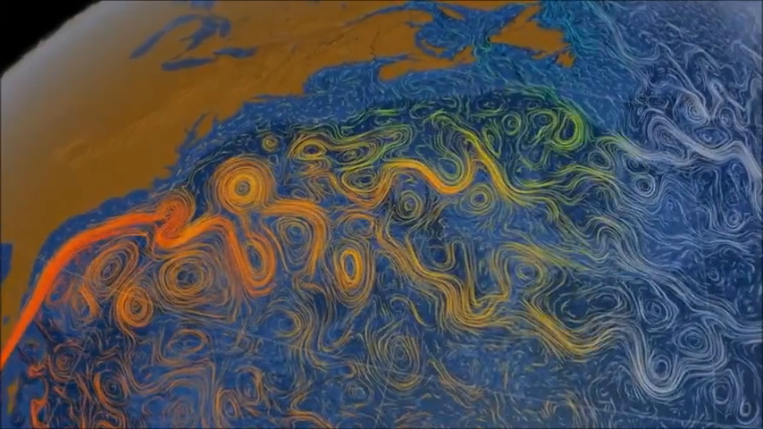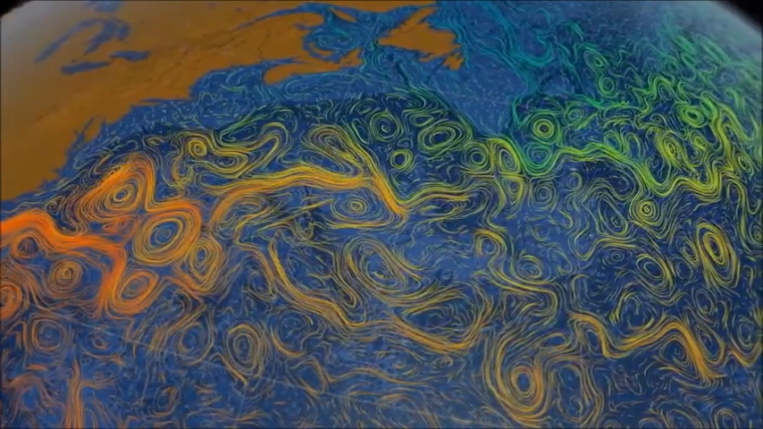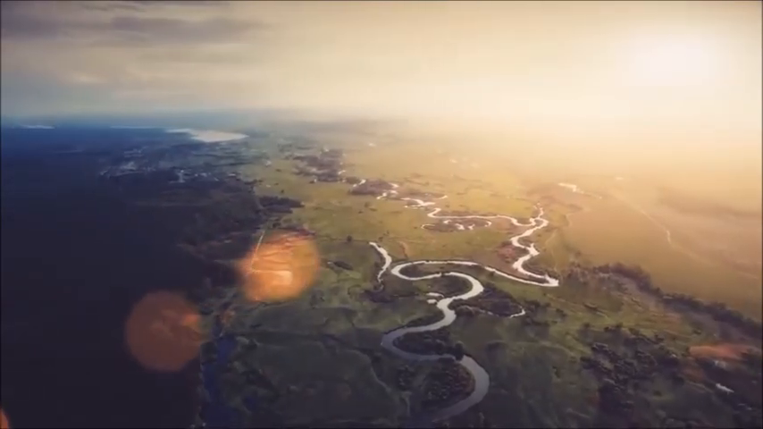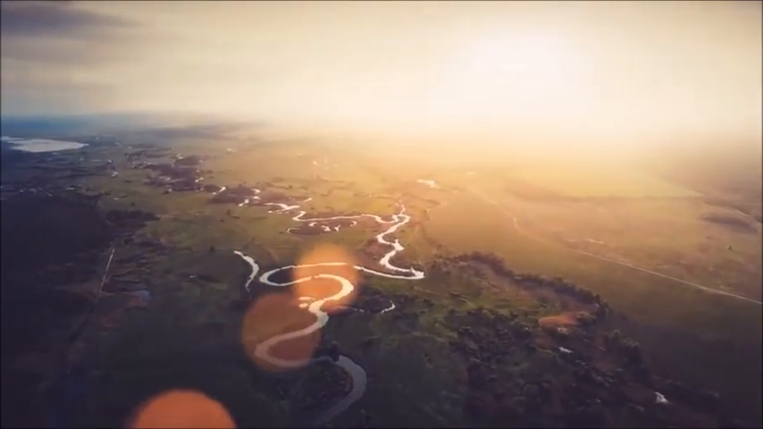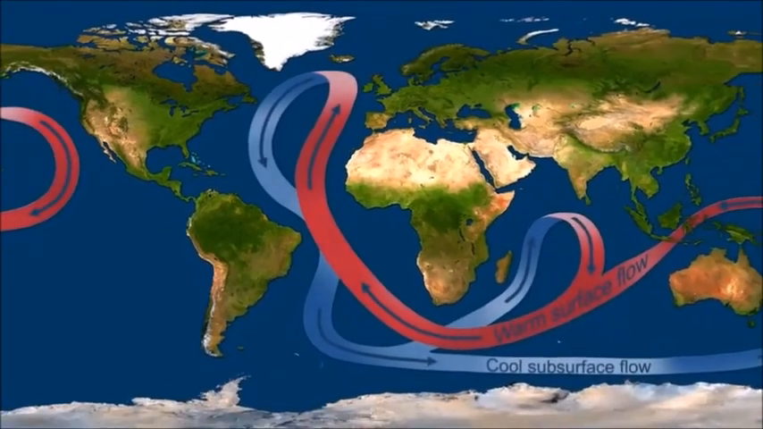As this warm water travels up, its heat is dissipated to the surrounding areas, i.e. Europe, making it warmer than it should be. But the title of this video isn't why Europe is warmer than it should be, which means we're only just getting started. You see, this process of water cycling in the Atlantic is part of a larger water circulation system